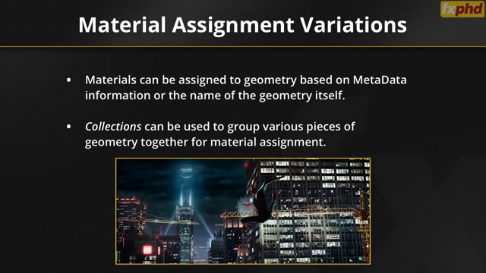When you bring that model into Katana, and you make a glass texture and you want to assign that glass texture, you can say assign the glass texture to any piece of geometry in the scene which has glass in the name, or take this brick texture and assign it to anything that has brick in the metadata, or anything that has building side in the metadata. So you can see that it becomes very easy to quickly assign things,